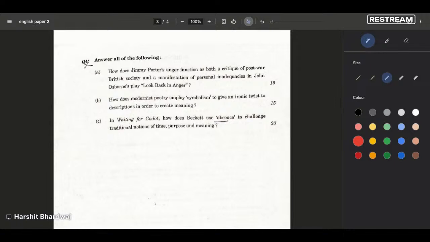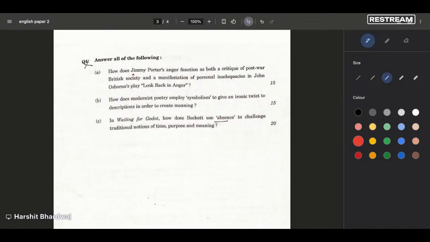These are the two drama questions. Now the good thing is both the drama questions are in one question. So if for some reason you skipped both the plays, Look Back in Anger and Waiting for Godot, you can skip this question. How does Jimmy Porter's anger